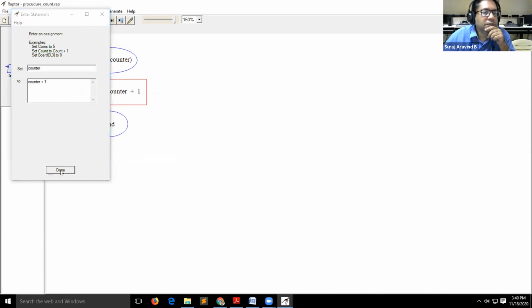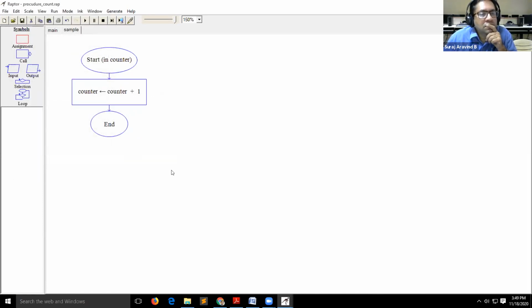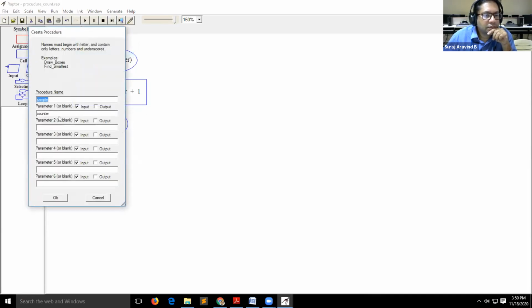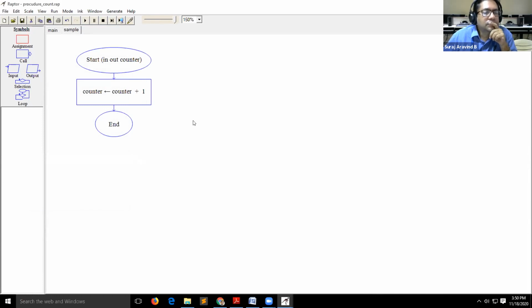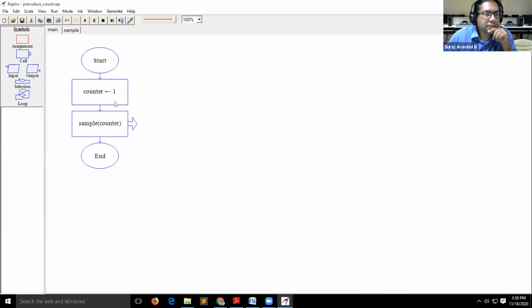I will increment the counter. What if I make the counter both input and output? I will modify this. My counter is both input as well as output. Suppose I call this 2 times. And finally, I will try to print the counter value.